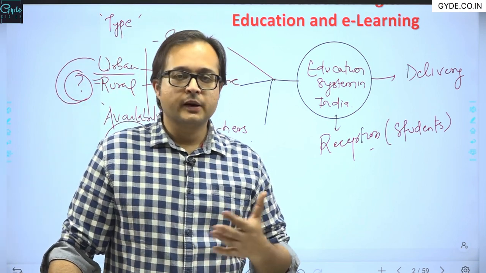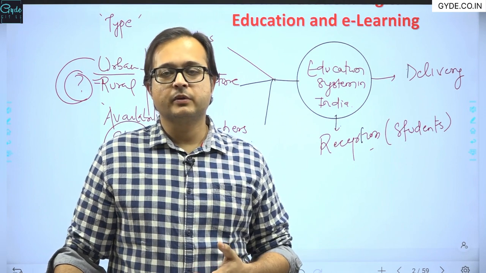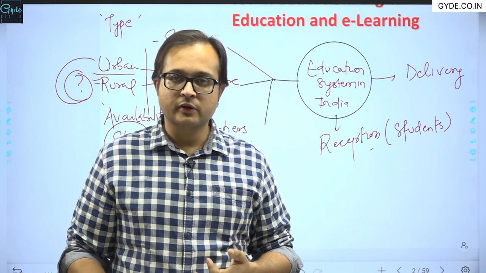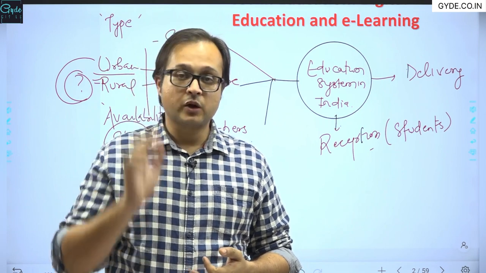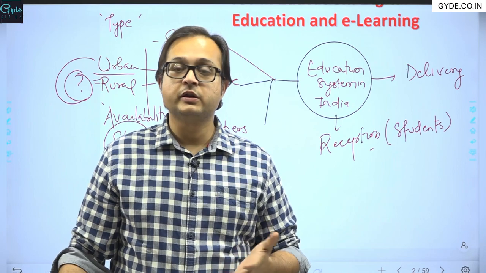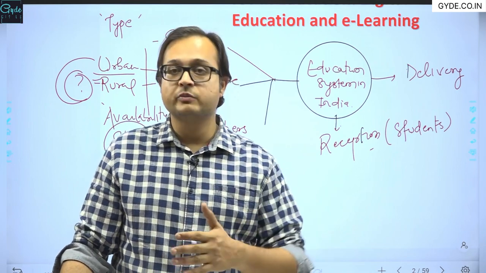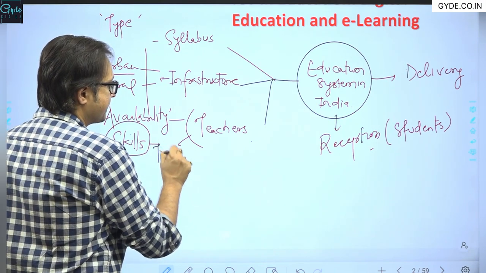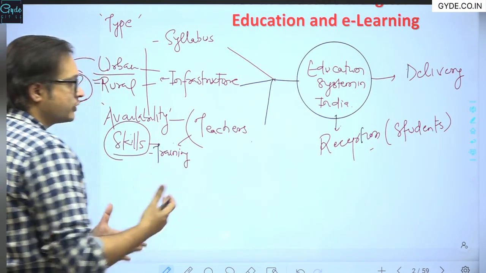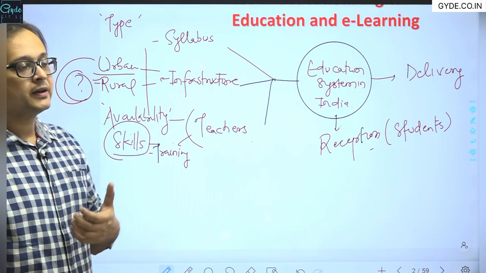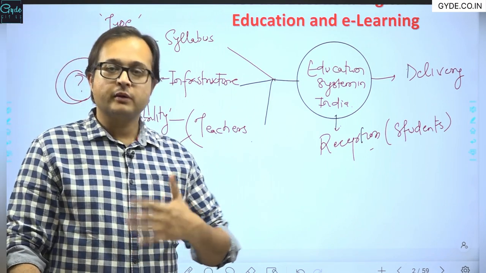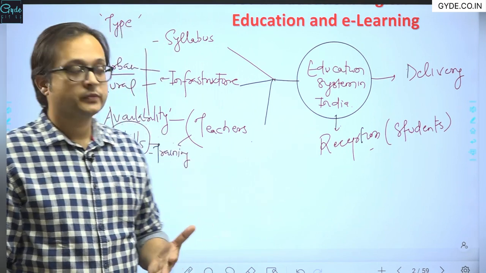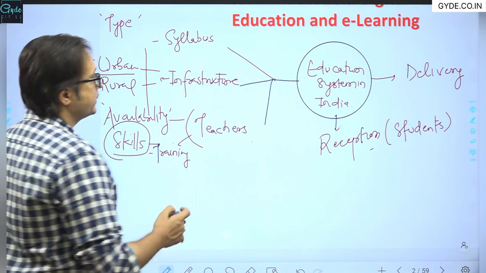If a teacher teaching at the secondary level in a school does not know who is the Prime Minister of the country or who is the President of the country, it raises a question mark on the quality of the education being given to the teachers, or the quality of training being given to the teachers. So the skills, the training of the teachers, the awareness, understanding, and the handling of students, and the skill sets of the teachers to handle students, all of it is one of the major problems that remains over here.